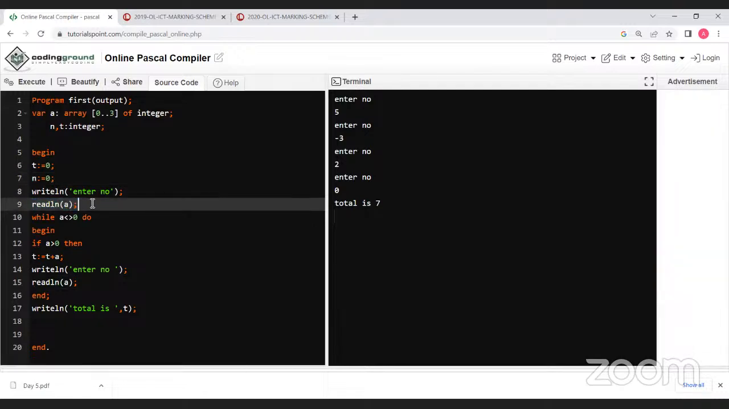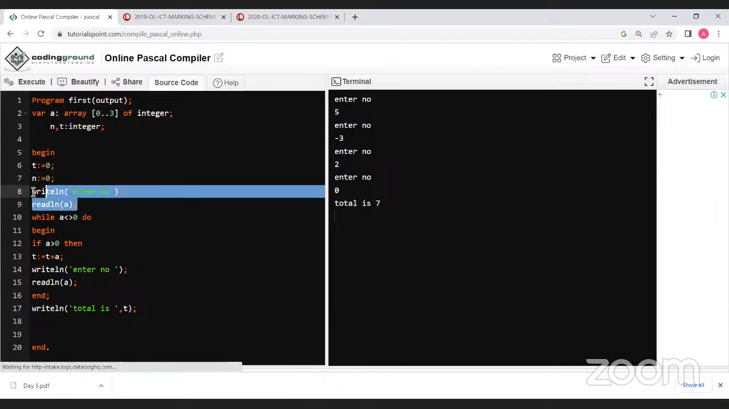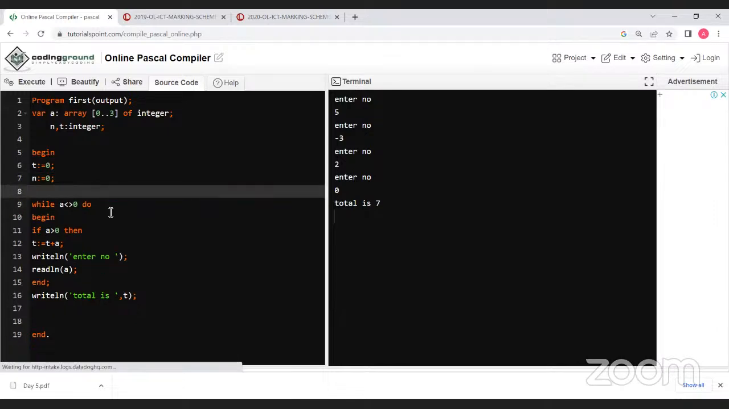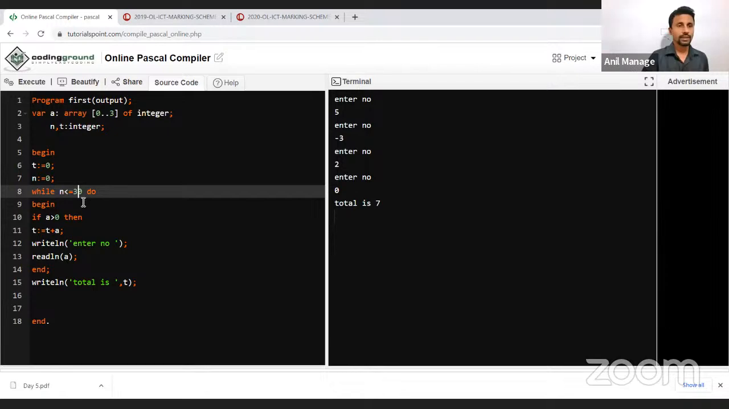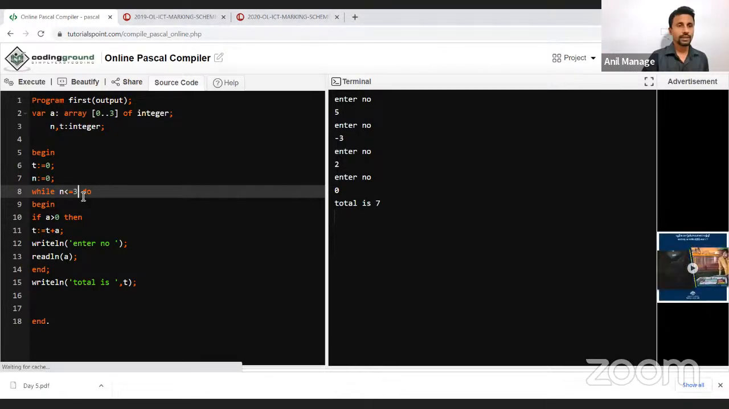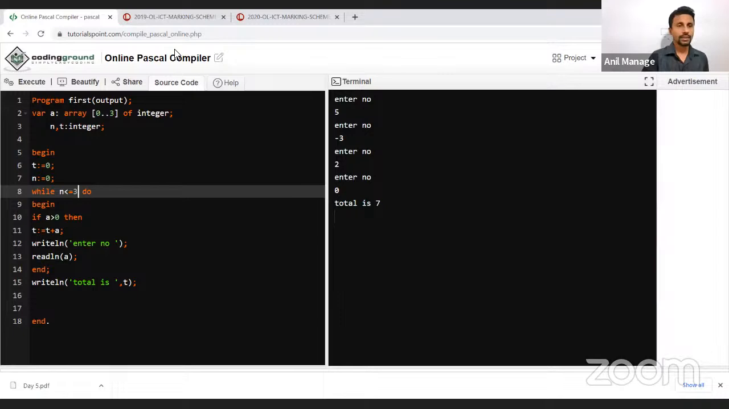I'm taking a while loop. Right, while n less than or equal 3, that means this is going up to the 0th position, first position, second, third, all the positions. Right, while n less than or equal 3 I am going to take